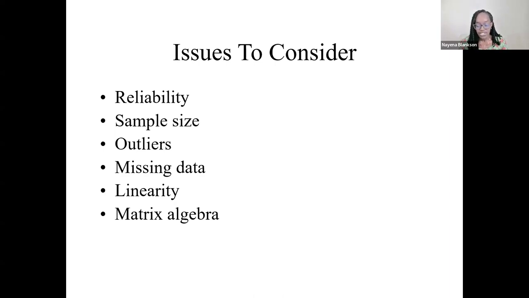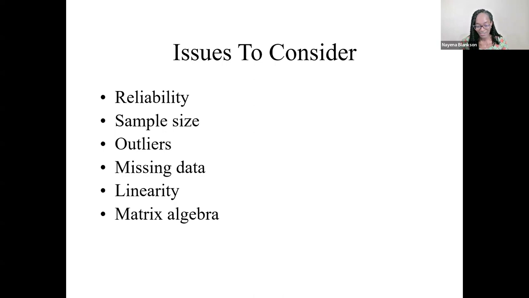There are various recommendations for sample sizes for factor analyses, ranging from, say, 500 participants, 1,000 participants, and so forth. Researchers should also consider how they plan to deal with outliers, how they plan to deal with missing data before they start their factor analyses. Now, because more recently individuals are pre-registering studies, researchers have the opportunity to iron out a lot of these details and have plans for what you'll do to handle these issues well in advance of conducting